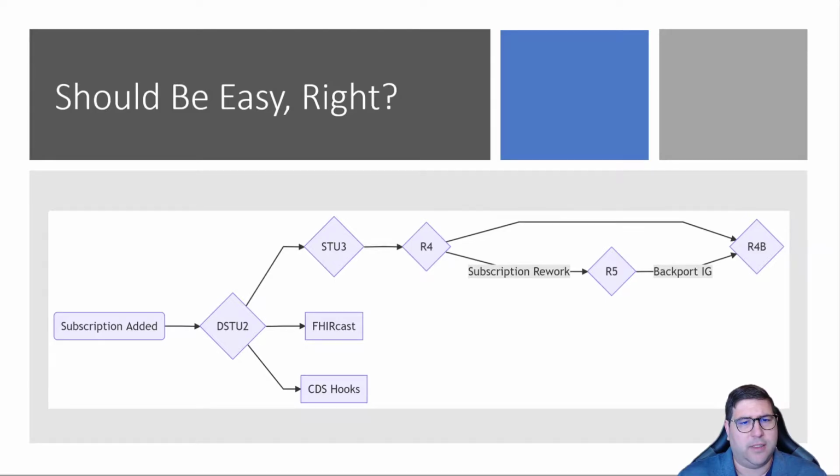So the first thing that I want to always note here are that there's two subscription-like things that split off from the initial starting point. And those are FHIRcast and CDS hooks. There's plenty of information. I can put some links if people are interested. But essentially, FHIRcast is used for mostly context synchronization, saying that I have a user that might have 2 or 3 or 4 applications open, and I need to be in real time describing what the user's doing and keeping everything in sync. One of the perennial examples of that is radiology, where you might have the EMR,